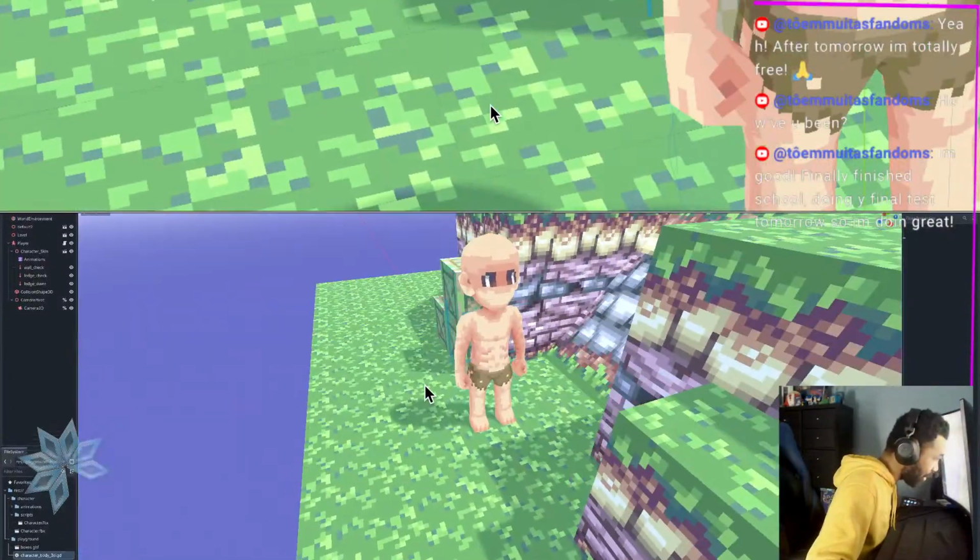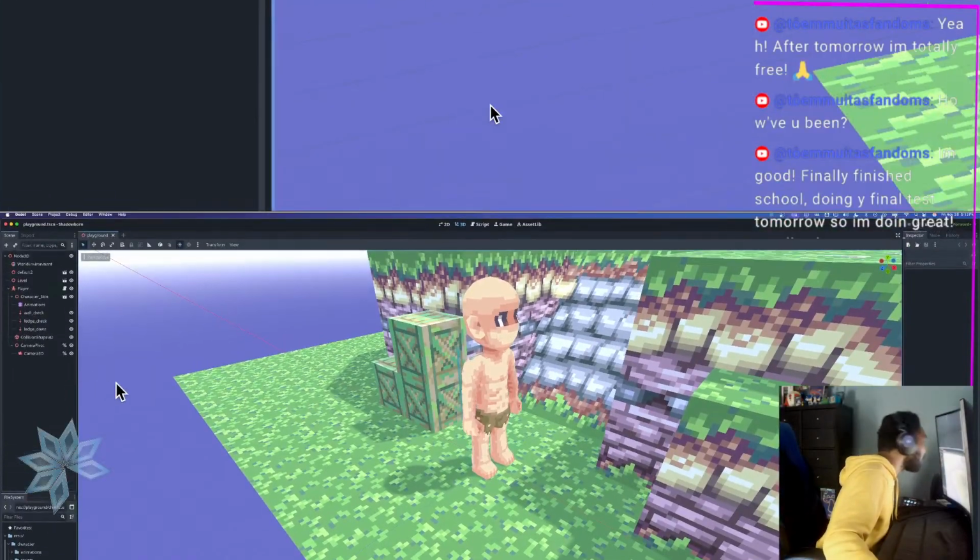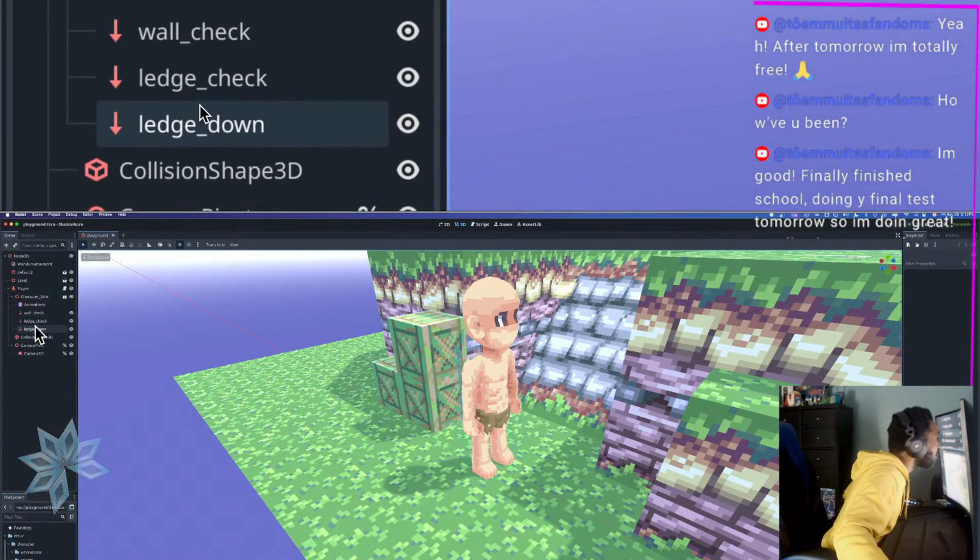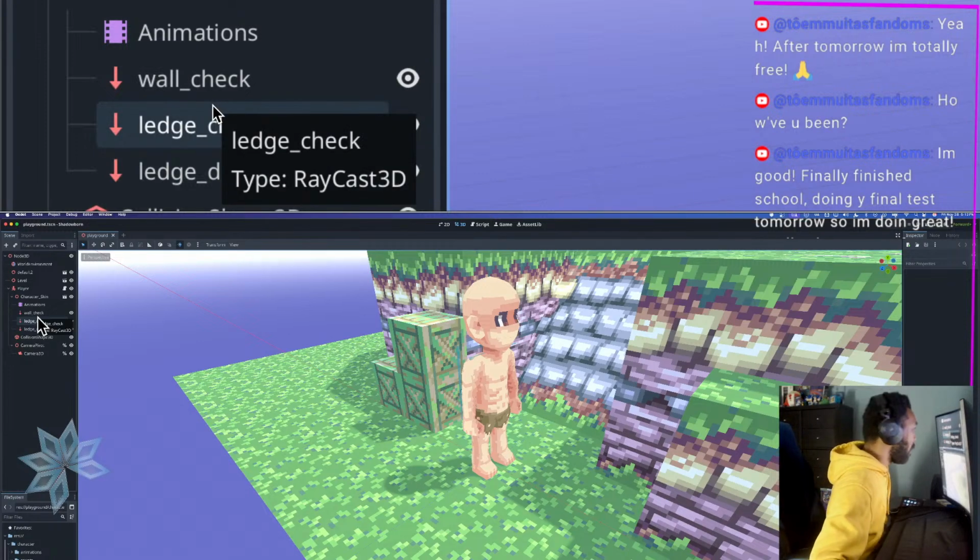He's still sideways. Is he supposed to be still sideways? Yeah, he is. I only fixed the camera. Oh, okay. Alright, so